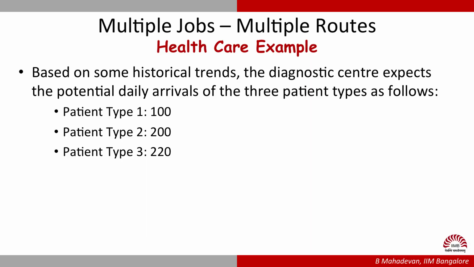Based on some historical trends, the diagnostic center expects the potential daily arrivals of the 3 patient types as follows. They will on an average receive 100 patients of type 1, 200 patients of type 2 and 220 patients of type 3. So, given this information, now we have almost all the information with us. Let us analyze the process and make estimates of capacity in order to develop some insights